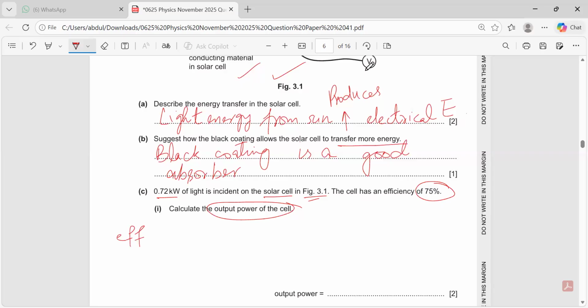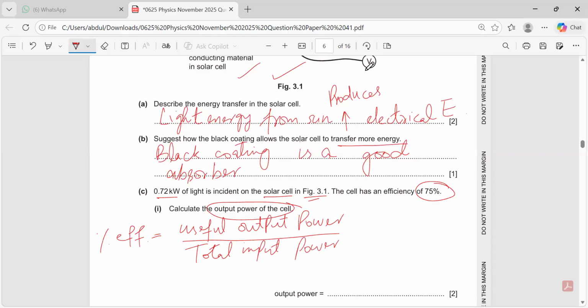So percentage efficiency formula is useful output energy, not energy, it will be power because power is already given. Useful output power over total input power times